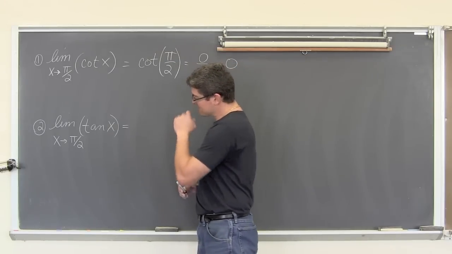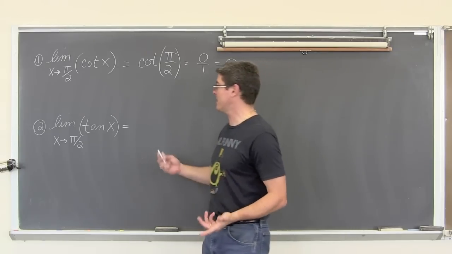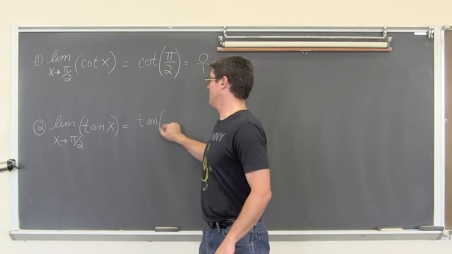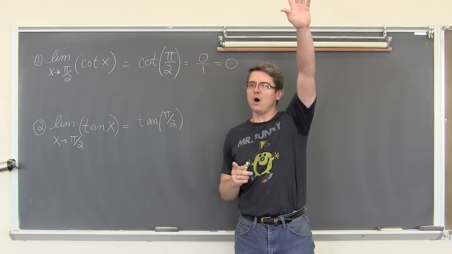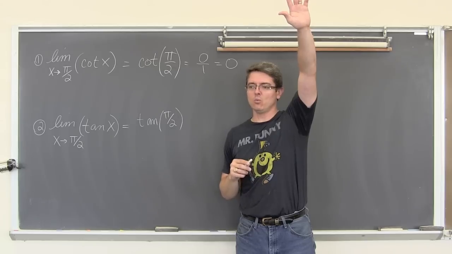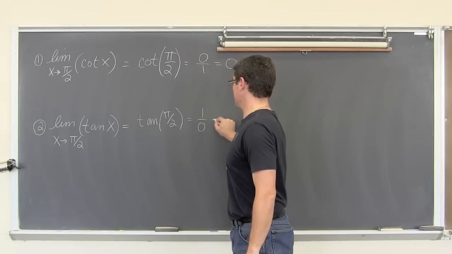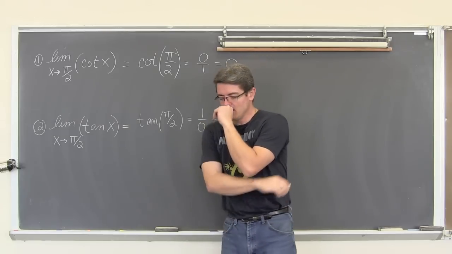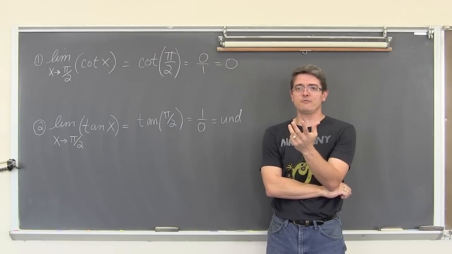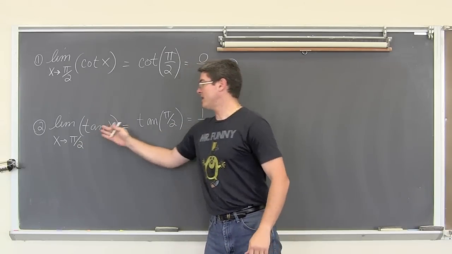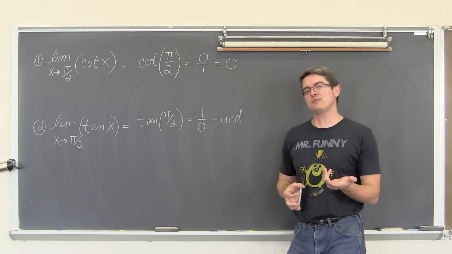The limit as x approaches pi over 2 of the tangent of x. Well, okay, we're just plugging these in, right, or attempting to, and that's going to be the tangent of pi over 2. Now, pi over 2, tangent is y over x. So, y at 90 degrees is 1, and the x value is 0. Well, 1 divided by 0 is undefined. When we found limits using the properties of limits, if we approached a value that made our function undefined, we would find the left and right-hand limits and see if they were equal.